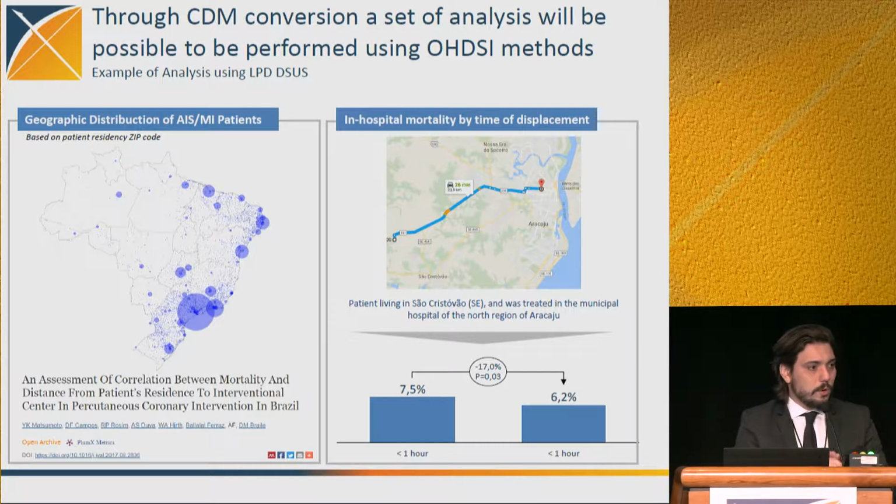And then we used Google Maps to find not only the distance, but the time. Being 100 kilometers away does not mean that you're going to be 1 hour away. It could be in the countryside. It could be a different place. So we ran this kind of study for the whole population. In 5 years, all the acute ischemic strokes or myocardial infarctions that happened in Brazil in the public setting. There are a lot of patients. So we tried to evaluate the reduction of mortality rates based on being more or less than 1 hour from a hospital. This is the kind of information and the kind of study we can do using the Brazilian data.